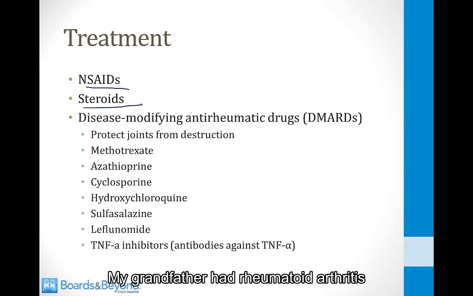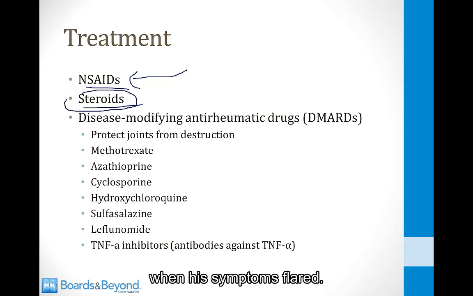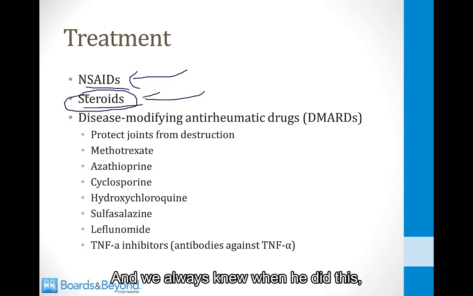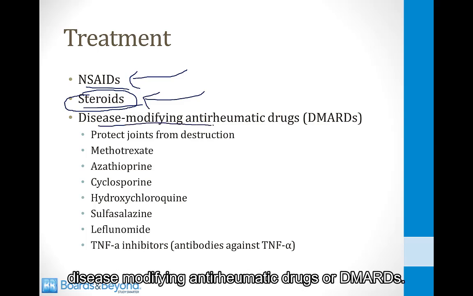My grandfather had rheumatoid arthritis, and he used to take NSAIDs every day, and he used to take steroids every once in a while when his symptoms flared, and we always knew when he did this because he would start talking all the time. Nowadays, there are multiple new treatments that you can use, and these are called disease-modifying anti-rheumatic